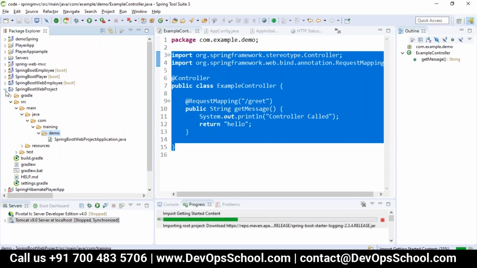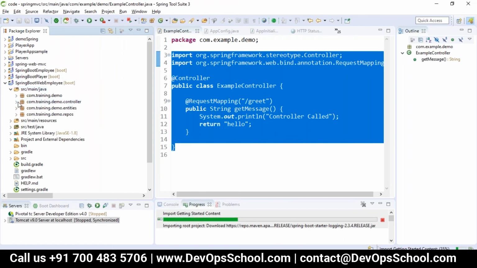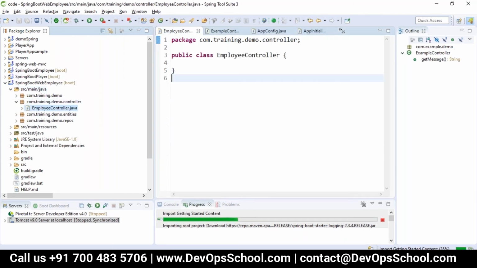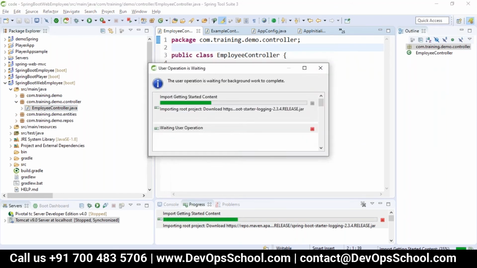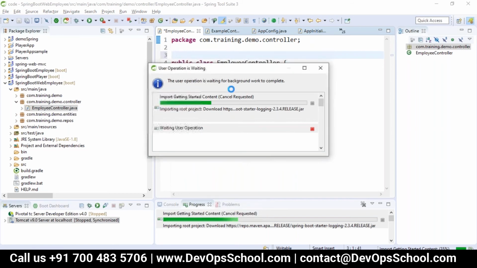Let it. So I'll just take a project which we already created. We already have an employee controller, so what we will do is make it here with the @Controller annotation.